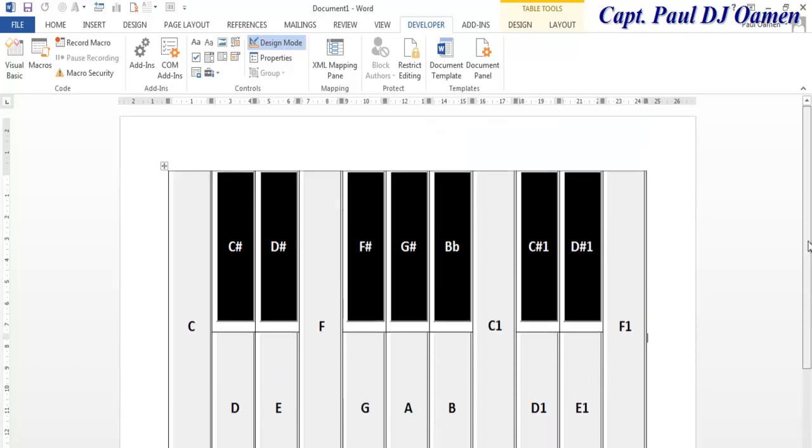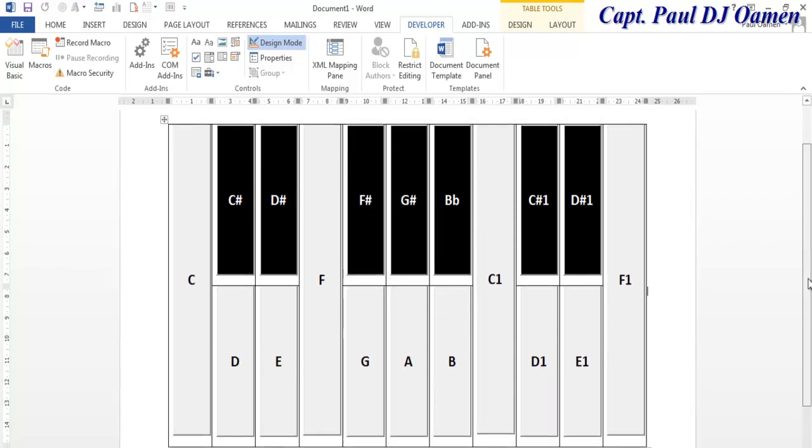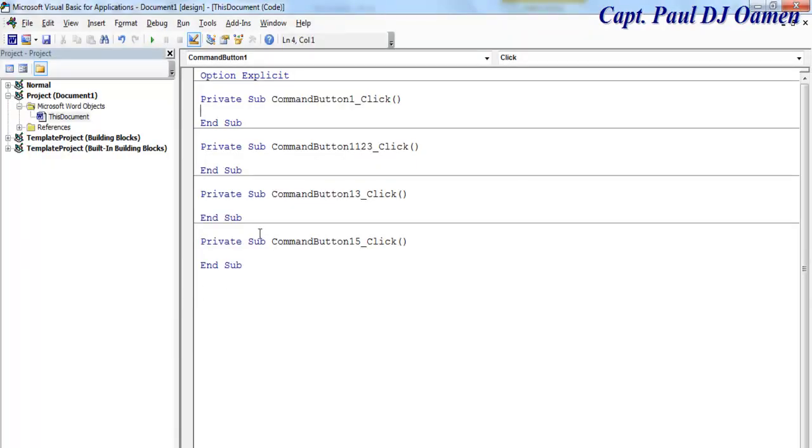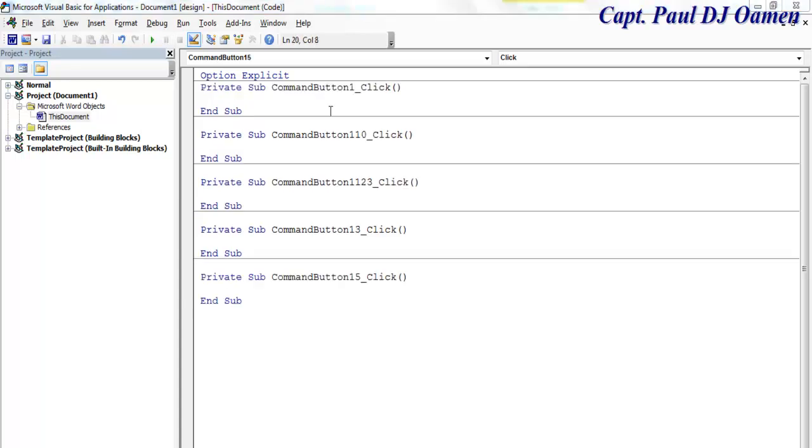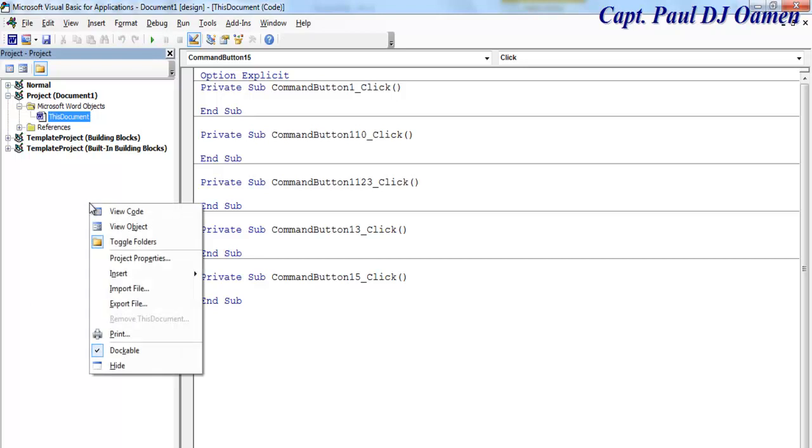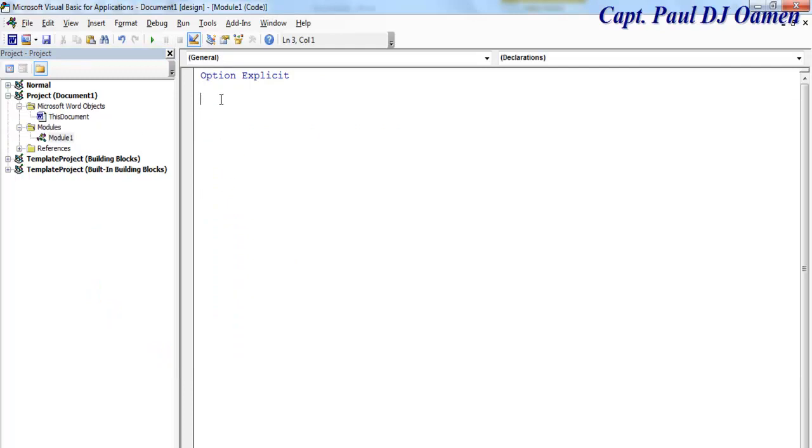Right. It's looking good. So all we then need to do is double click. Let's double click on the C note. That brings you right here. Okay, now that we're in the code view, let's right click on this area and we need to select insert module. And right here, what we need to do is to enter the following function: private